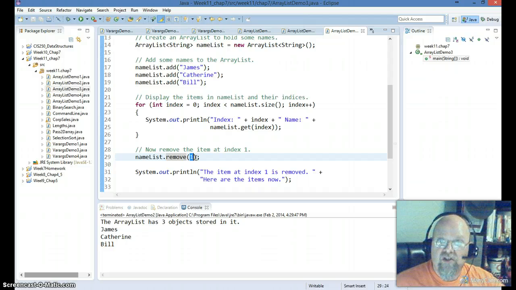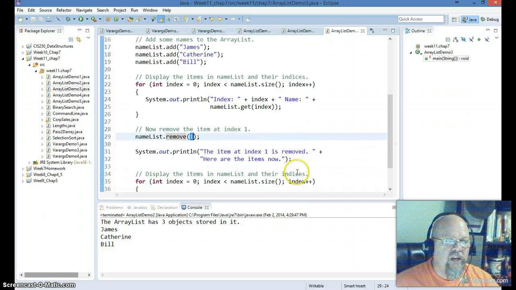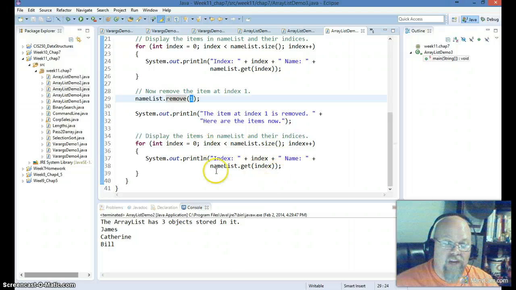So remember, we got 0, 1, and 2 in this case. And then the item at index 1 is now removed. Here are the items now, and I go through that same exact for loop again. Now the size is going to change. When I do a remove, the size is going to change from 3 down to 2. So now if I run this,